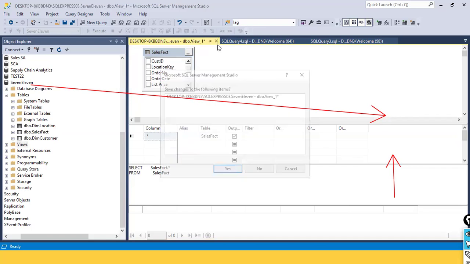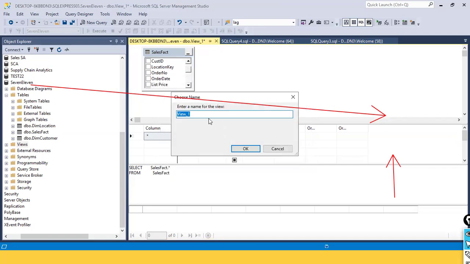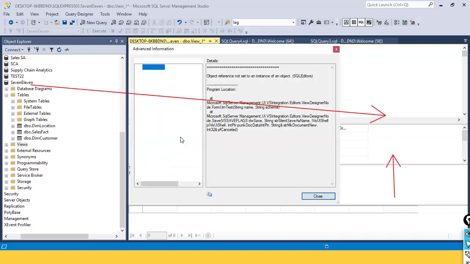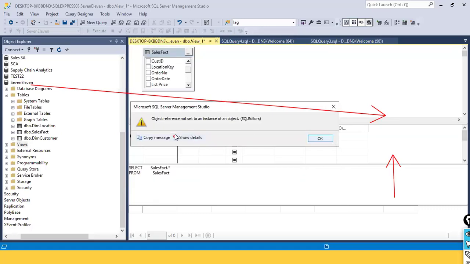Okay, and then I'm going to save this one. Save here, and I say view one. The object reference is not set to an instance of an object. Okay, this is another issue. Anyhow, I don't want to